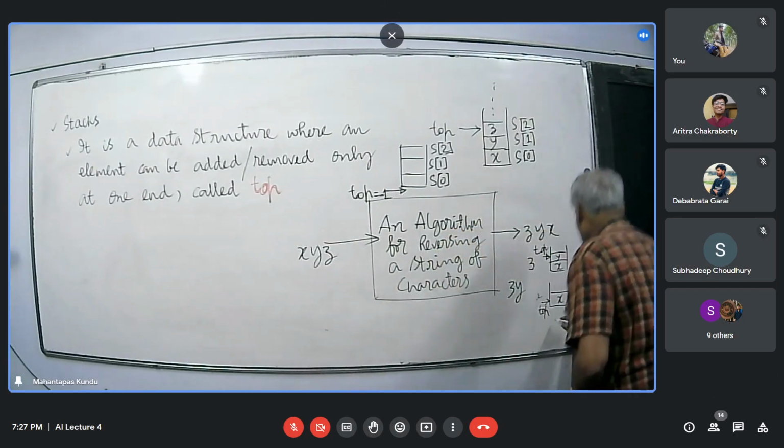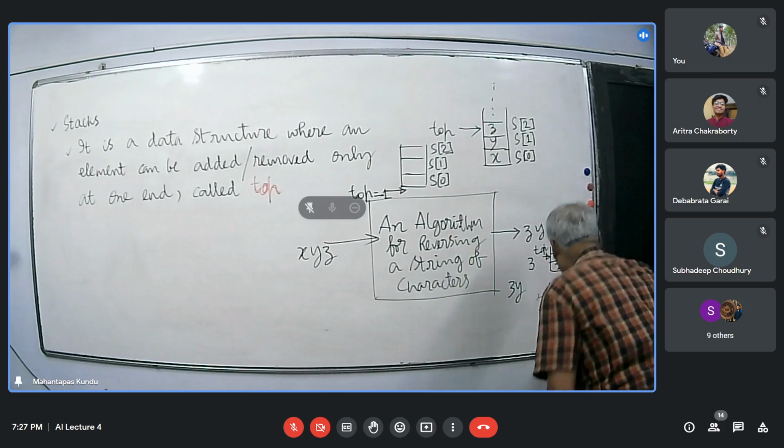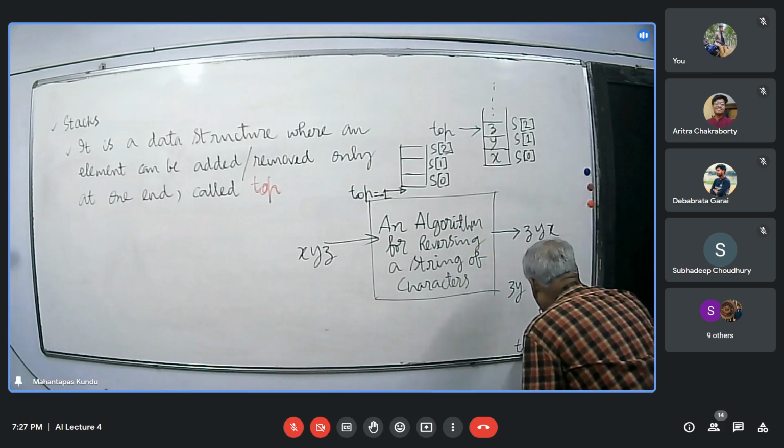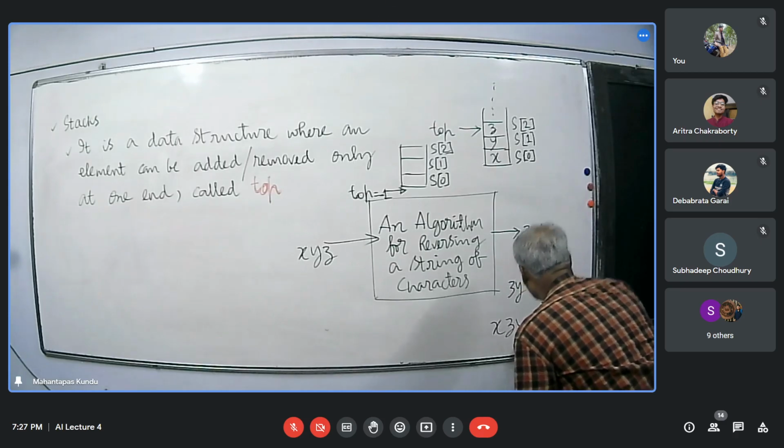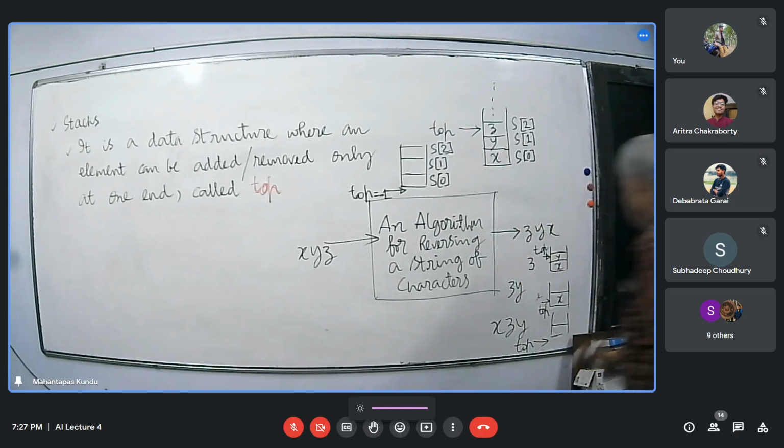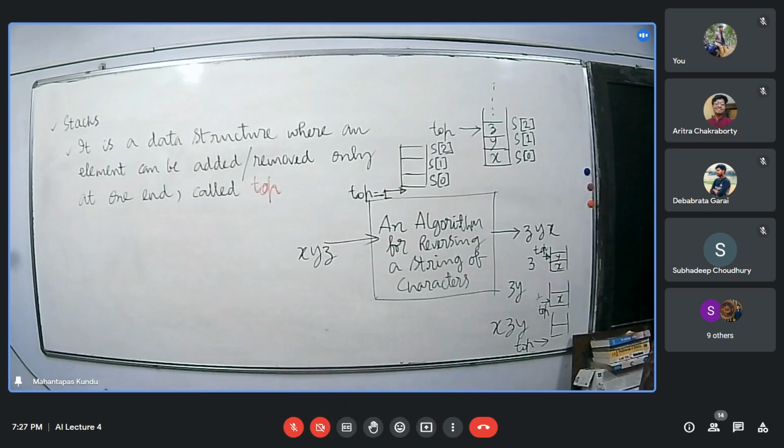And after we remove X from stack top, it will look like this. Can you follow this?